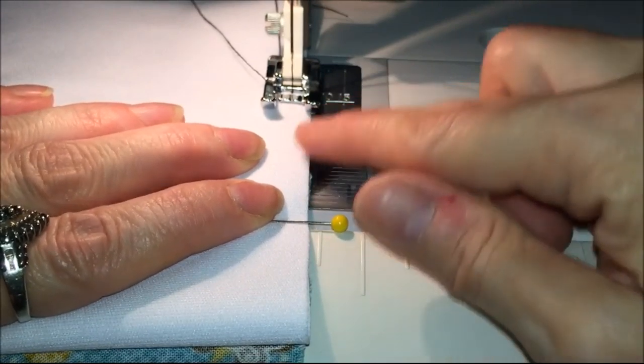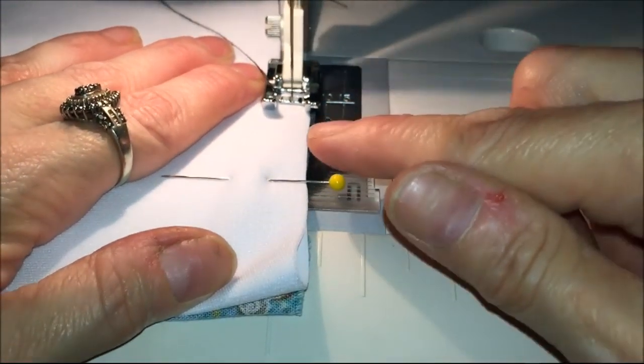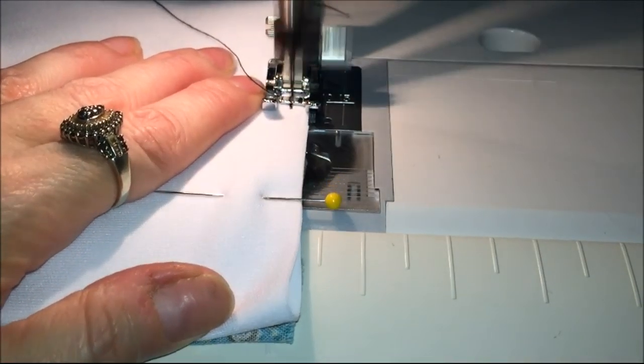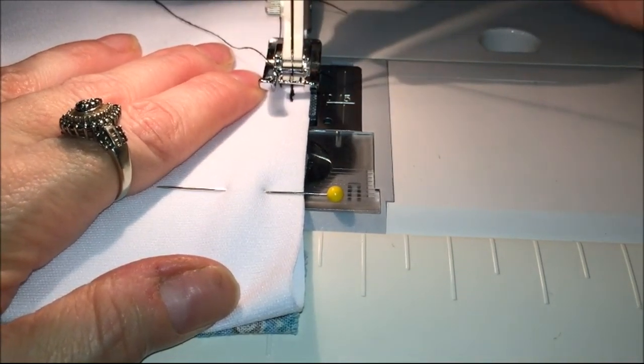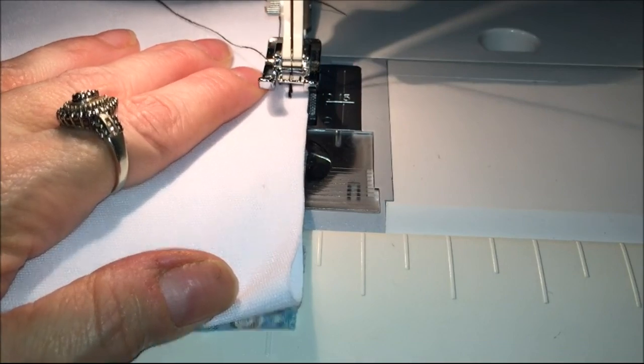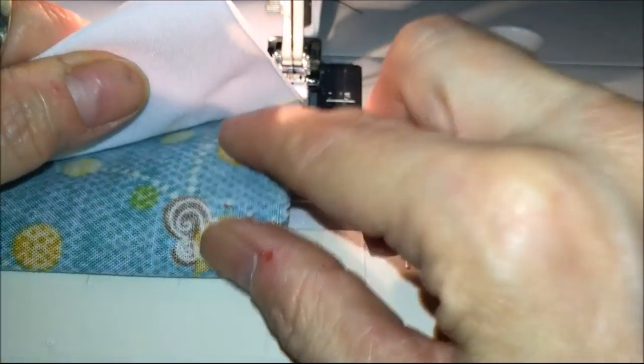Now we have to leave an opening to turn the bag. So I'm going to stop about here. It's about 2 inches up. I'm going to back stitch. But then I am going to stitch a little bit down here at the bottom. But before I do that,